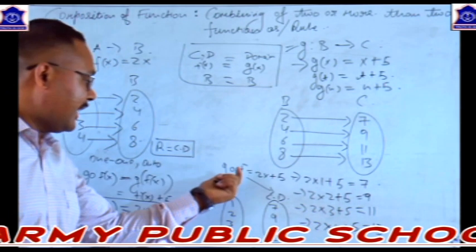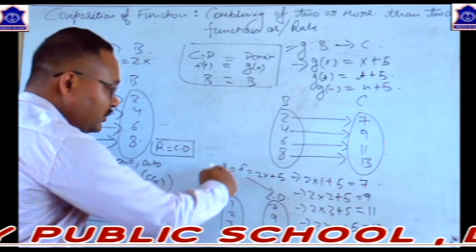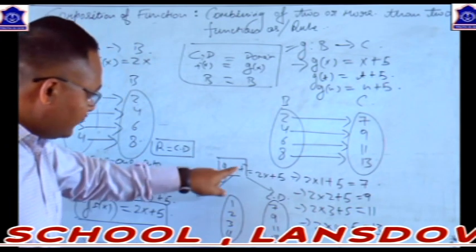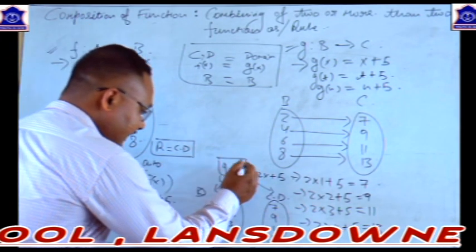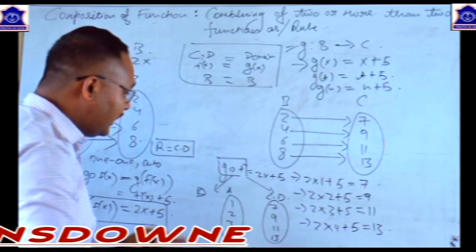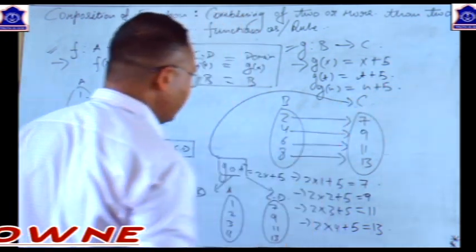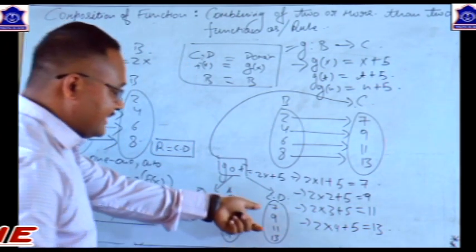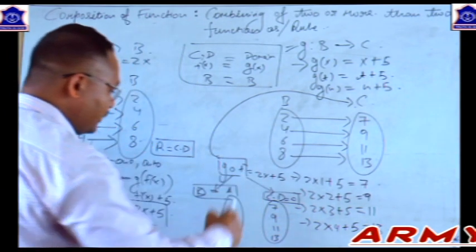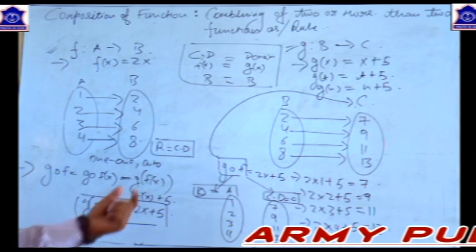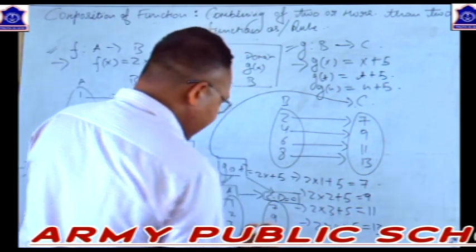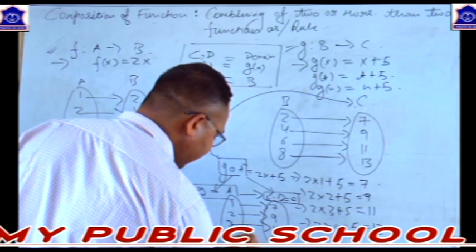So what I mean to say is, when we have obtained a combined or composed function, the domain of this composed function, that is g of f(x), will be the domain of the second function, which is set A. And the codomain of this composed function will be the codomain of the first function, that is set C. Here we have obtained codomain as set C, and the domain of this composed function GOF is set A. So here we have a composed function defined as 2x plus 5 from set A to set C, where the image of 1 is 7, the image of 2 is 9, the image of 3 is 11, and the image of 4 is 13.